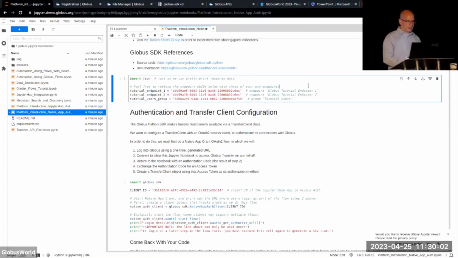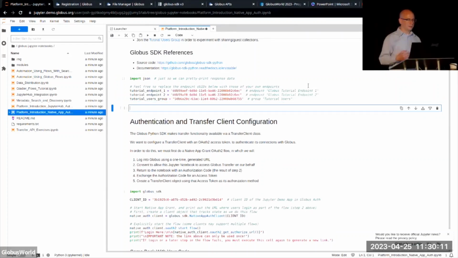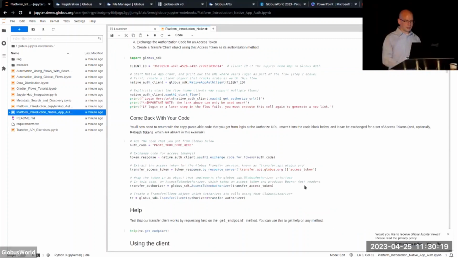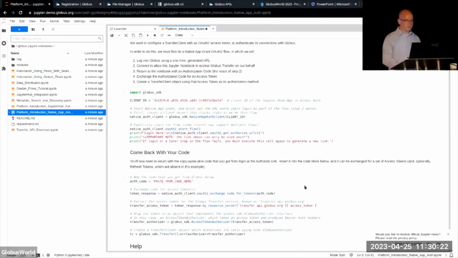What we've done is we started out with just defining some interesting variables and doing some imports. We have a few tutorial endpoints that we use for, well, tutorials like this one. But the more interesting code is actually here in the